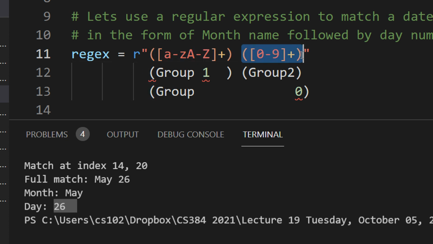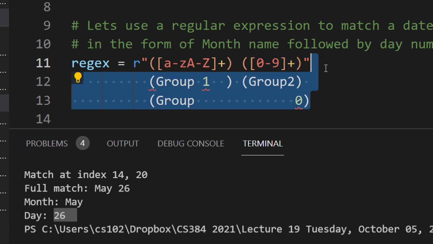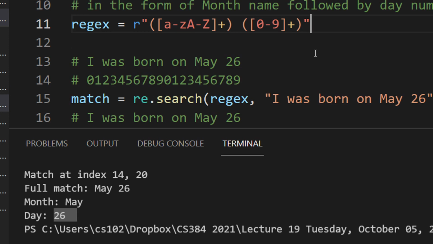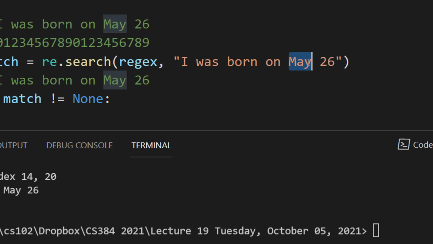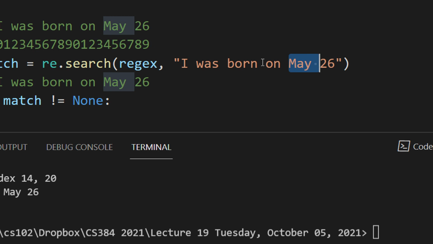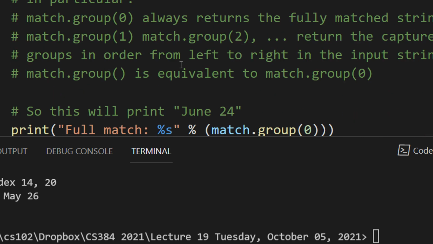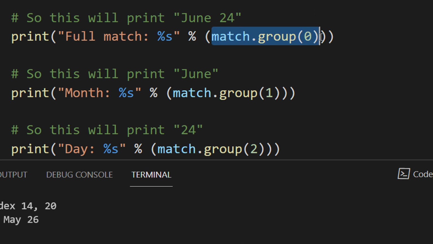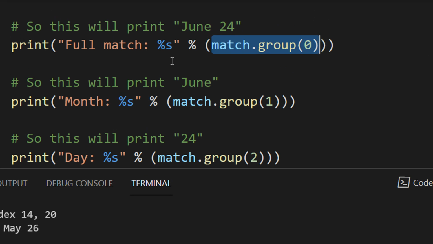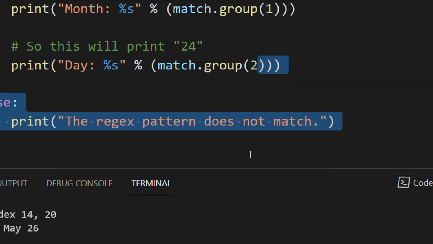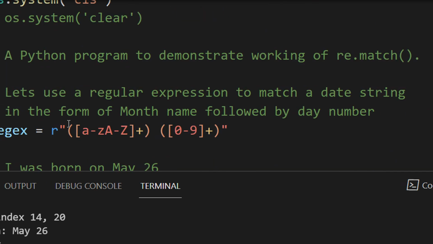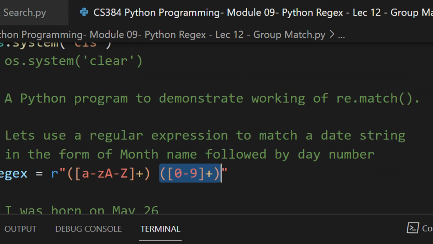And then group 1 and group 2 will be the individual bracketized expressions. Brackets are important. This is round parenthesis, this will be group 1. This is again round parenthesis, this will be group 2, right? So this is how it happens. Now you may ask, what is the use of it? For example, in this sentence, if I asked you to pick out the month and the date individually, you can use the match object. The entire group is matched using 0, and individual groups can be matched using 1 and 2. Why 1 and 2? Because we had two brackets here. First bracket is group 1 and second bracket is group 2.